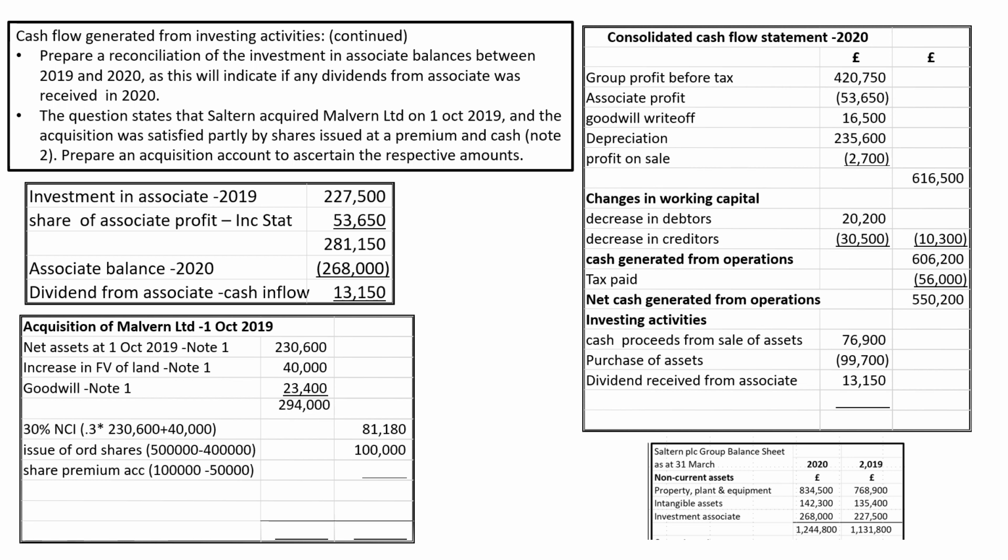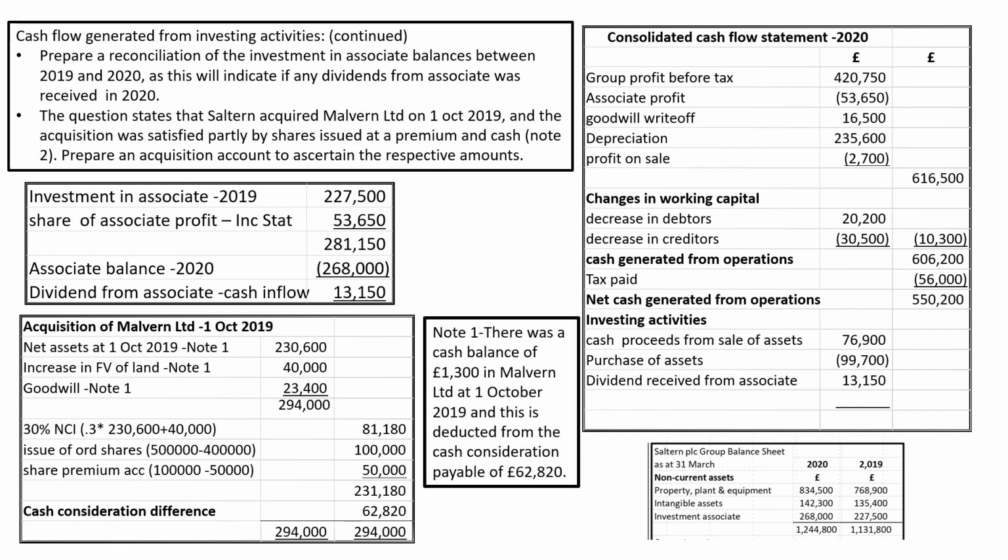Same with the share premium account, 100,000 in 2020 and 50,000 in 2019 give us a balance of 50,000, and if we add that up we come to a total of 231,180. The difference, if you like, represents the cash consideration. So we put the totals at the bottom and find out the difference, which comes to